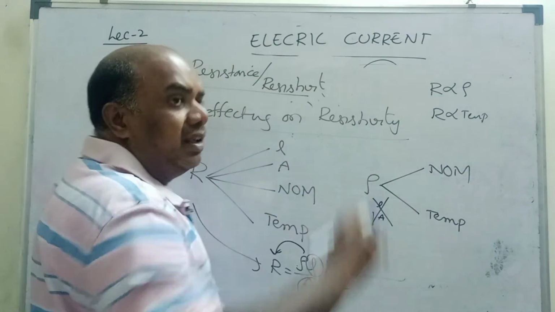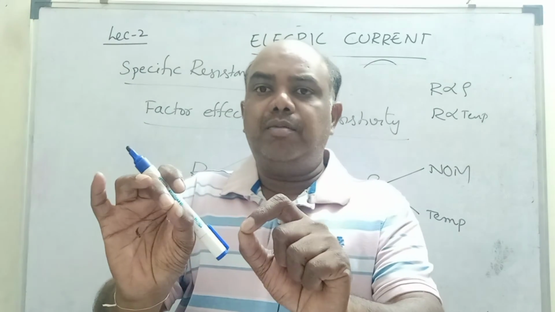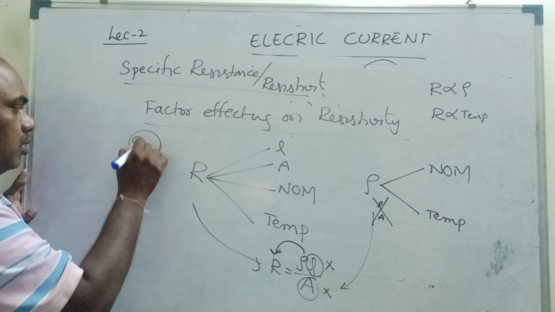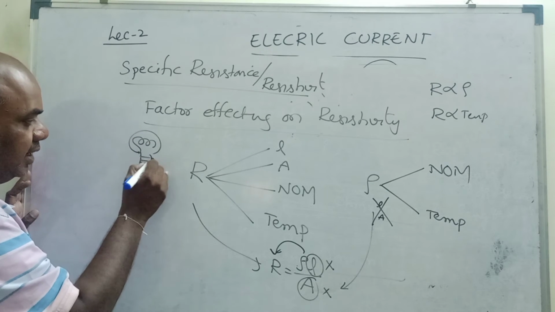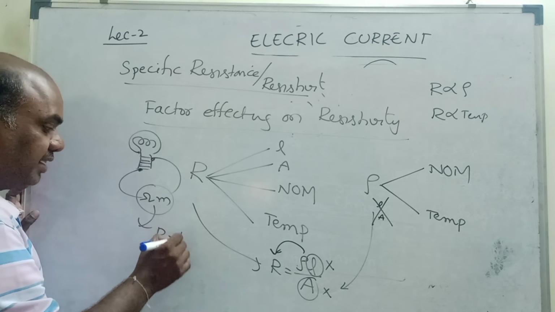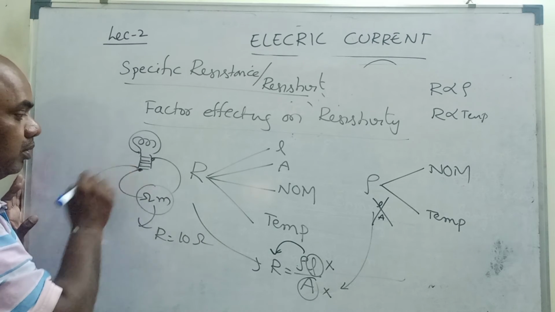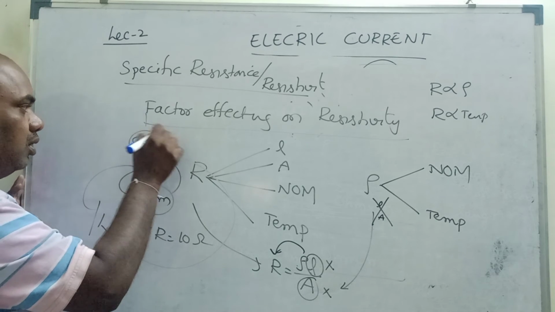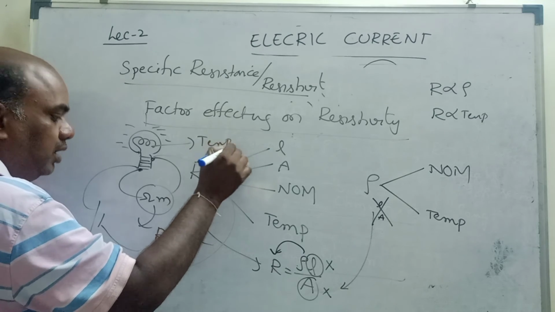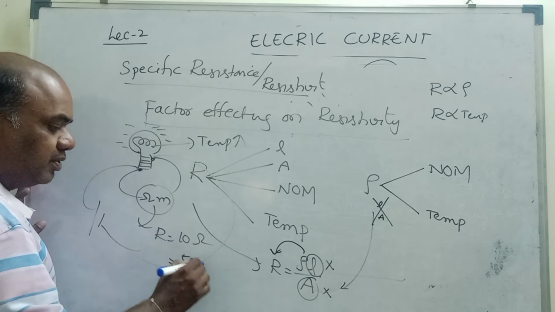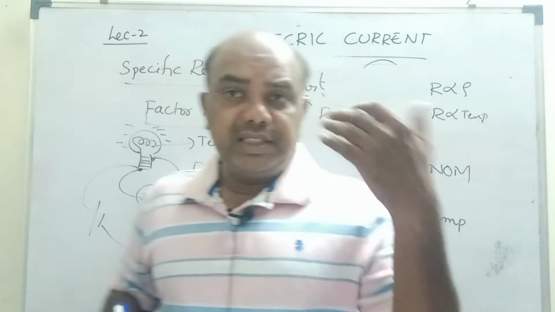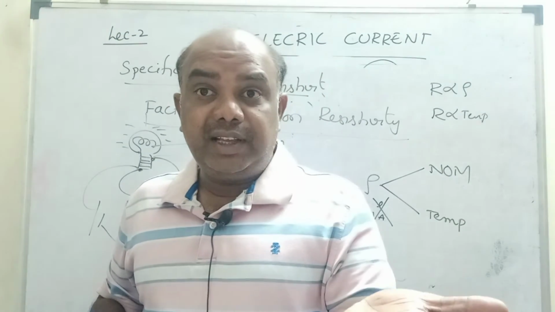If temperature increases, take a bulb. If you switch off the bulb, place the ohm meter in between the two terminals of the bulb. These are two terminals, one terminal, second terminal. If you connect these two to an ohm meter, it measures resistance. Let us consider this is 10 ohm. Now switch on the bulb. Bulb is glowing. When the bulb is glowing, automatically the heat increases, temperature increases. Temperature increases, resistance automatically becomes 50 ohm. If temperature increases, resistance also increases. Temperature increases, resistance increases, resistivity increases.